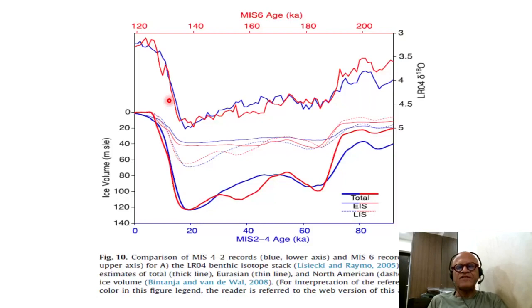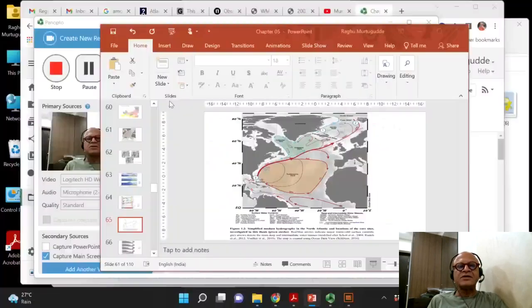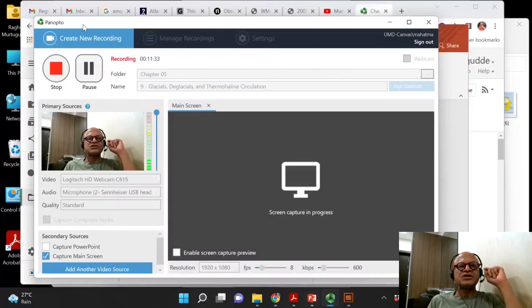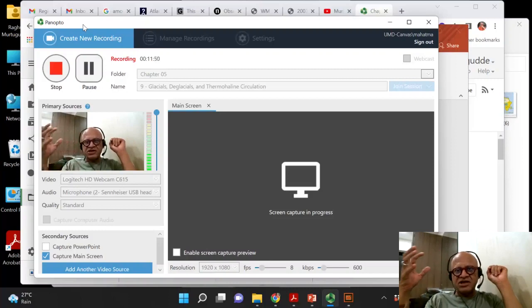So the main point of this part is that the thermohaline circulation is a big part of the global climate variability and trend, and during stadials and interstadials you had significant perturbations to the thermohaline circulation, which affected seriously the